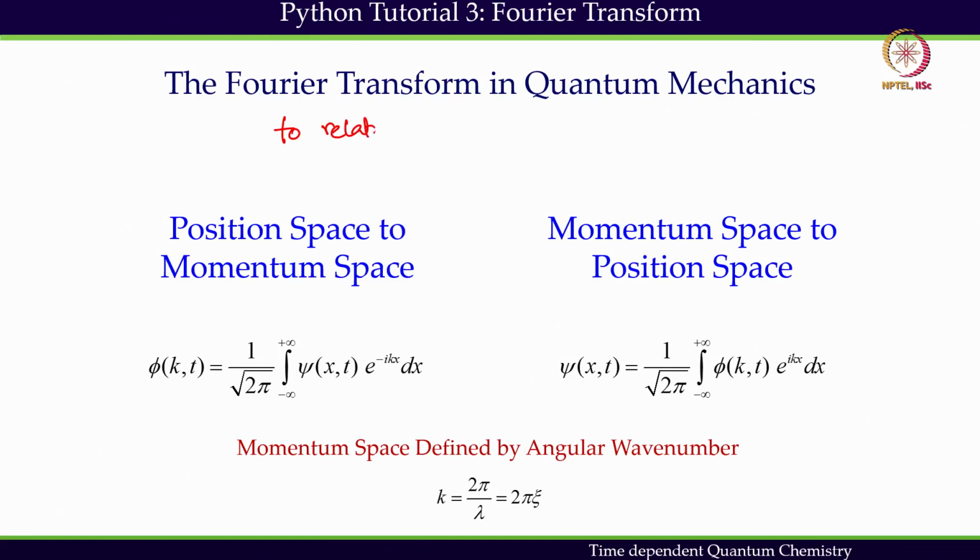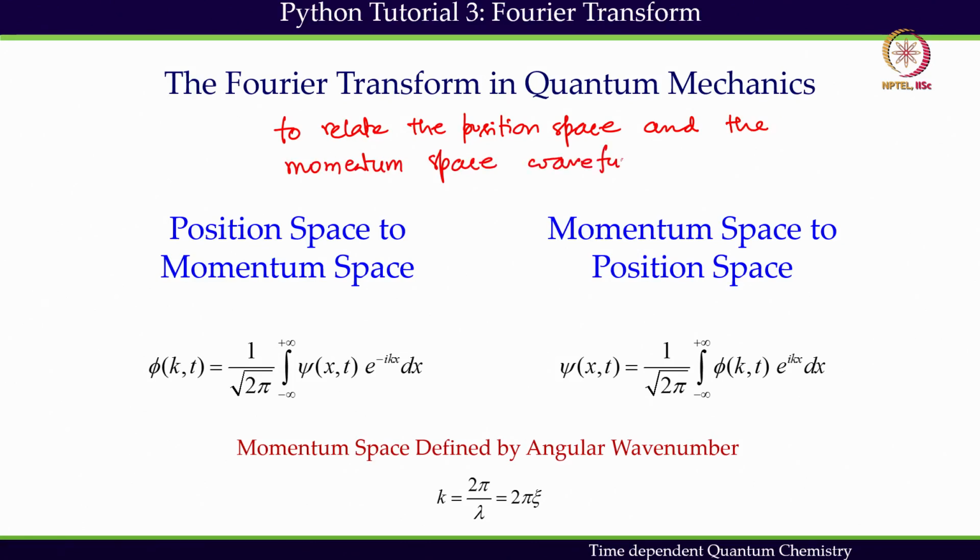So, by doing this Fourier transform, what we do very frequently in quantum mechanics is relate the position space and the momentum space wave functions. If we want to convert from position space, where we express the wave function as psi(x,t), to momentum space,